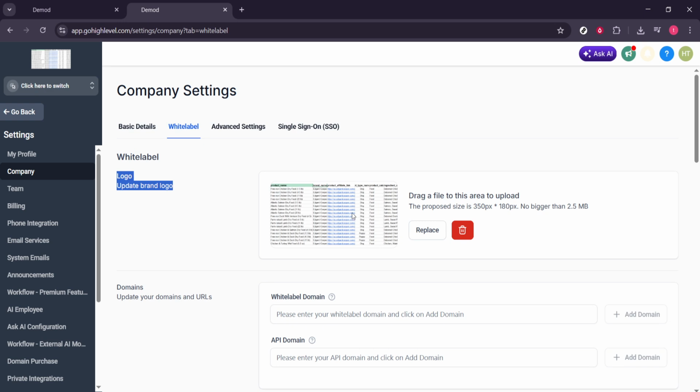Finally, double-check how everything looks in both light and dark modes, and on desktop and mobile, to make sure your brand stays crisp and readable everywhere. That's it. Your agency's logo and favicon are now updated, polished, and on brand across